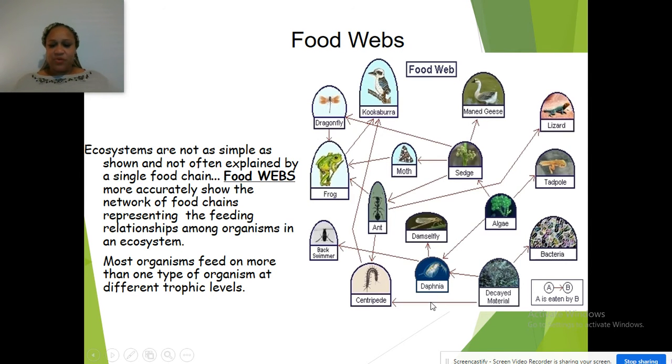Okay, so if you look at this food web here, how about we look at the ant? The ant, excuse me, the ant is being consumed by what? Okay, I hope you said the frog because you see that arrow is going into the frog's belly. Okay,